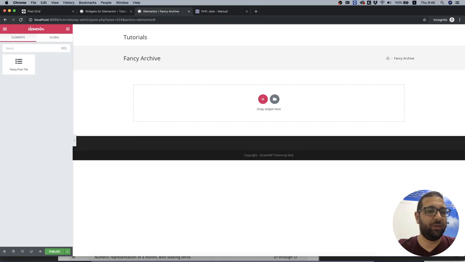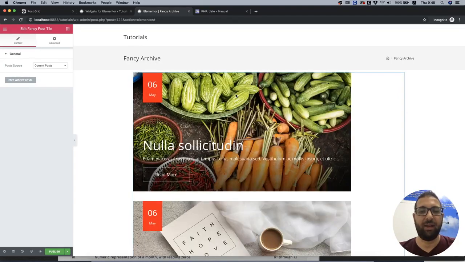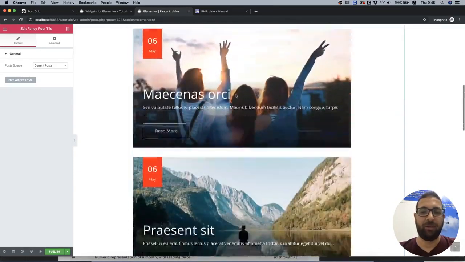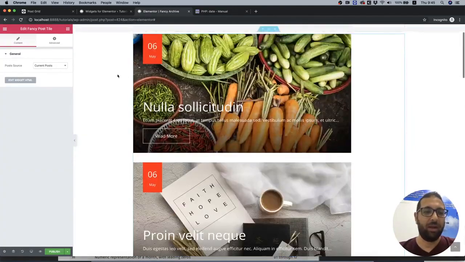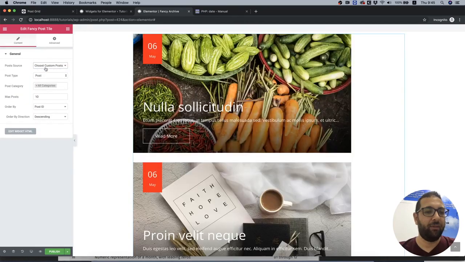And let's search for the word fancy. We can see our icon and the name of the widget we created. Let's drag that inside, and perfect, it's working. That looks awesome. Now, first of all, if you want to filter this somehow, you can choose